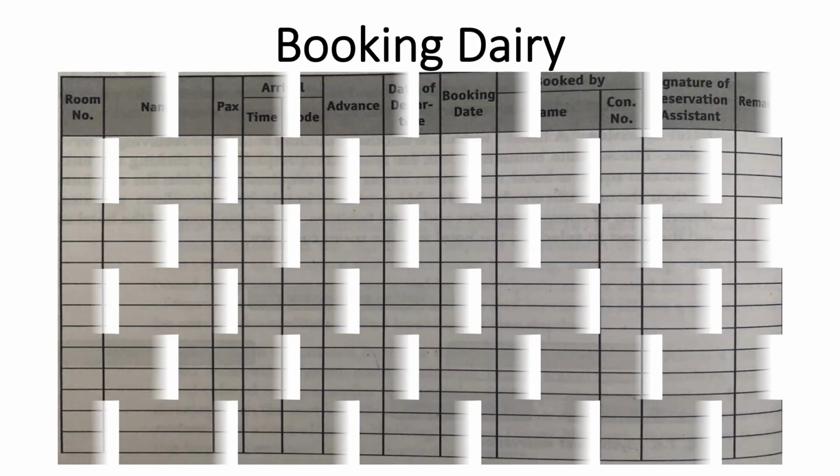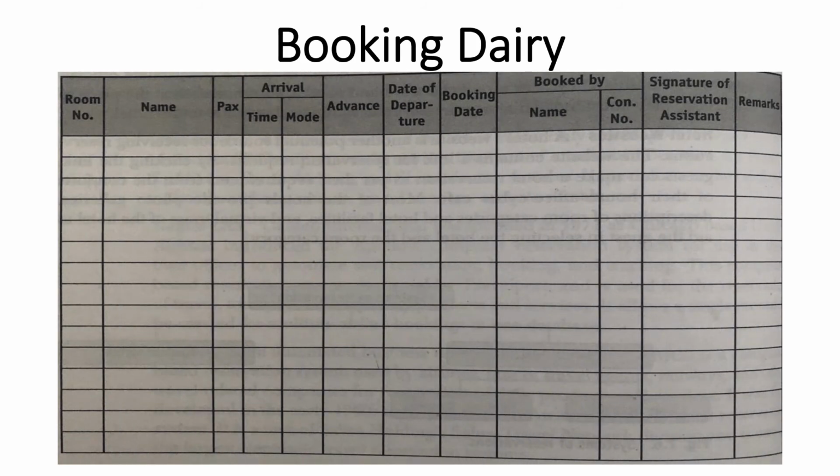Booking diary. This is a manual system of reservation. As the name suggests, in this system a daily diary is kept in which the reservation agent lists all arrivals due on a particular day. It is usually kept on a loose leaf basis. The top page represents arrivals on the current day. This is removed and sent to the front desk for receiving the guest. A new blank sheet is added at the back of the diary to record the reservations on a new day.